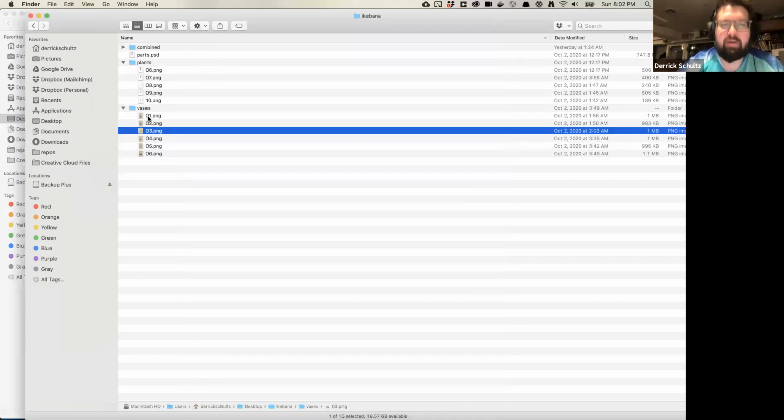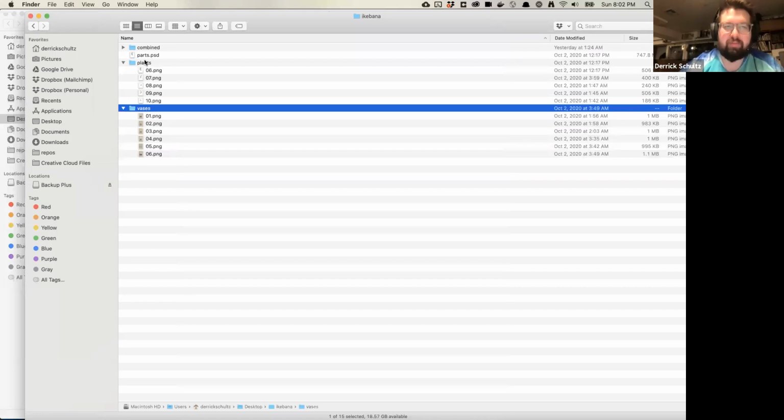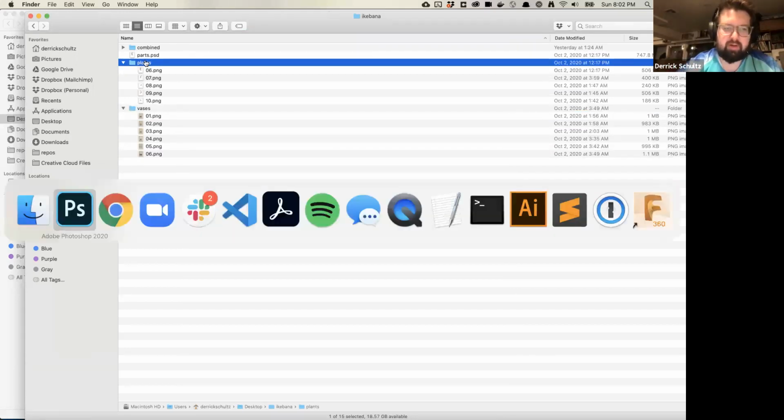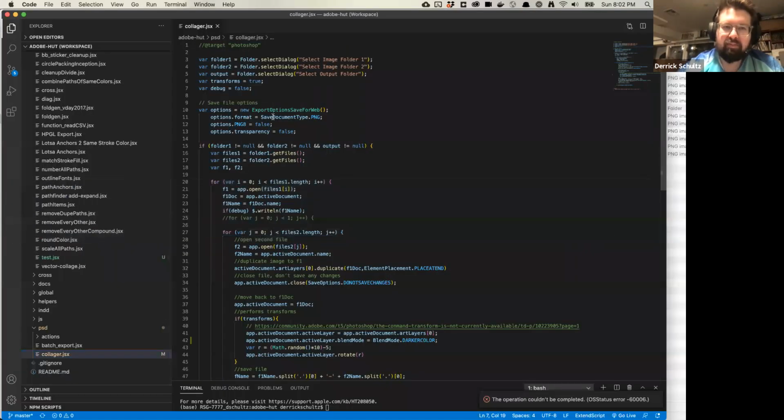So what I did is I've written a script that can grab from this folder and grab from this folder and generate all those images individually. So let's take a look at that script. The script is here. The way this is set up is, when you start the script, it's going to ask you for the first folder and the second folder, and then it's going to ask you for an output folder. So you're going to set up your folders before you generate your images.